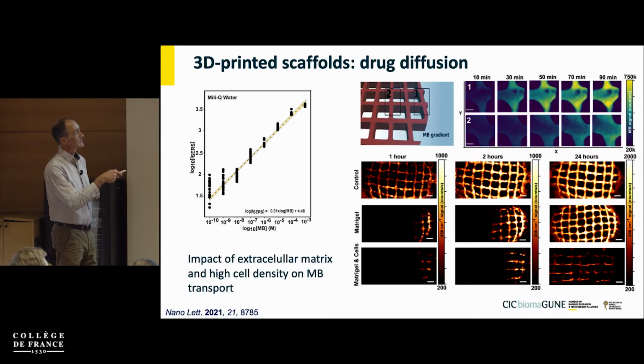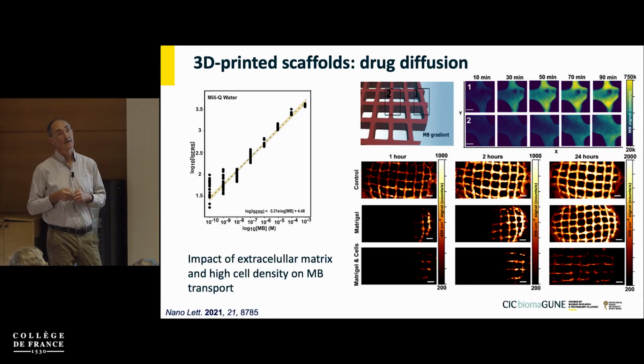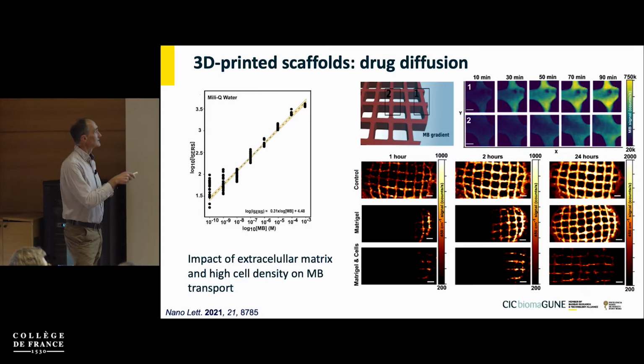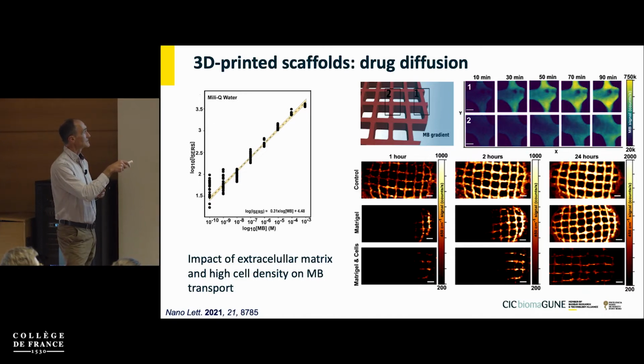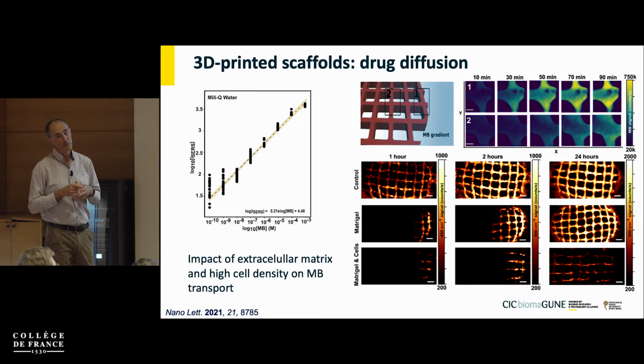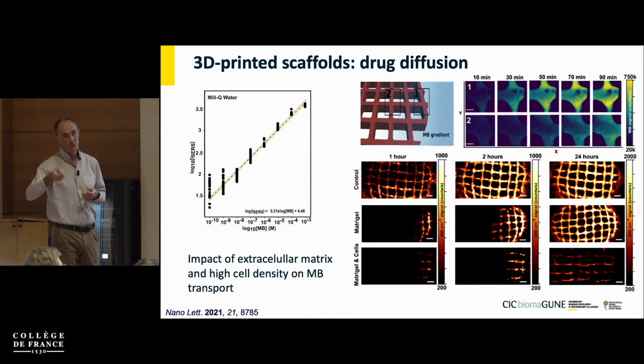So actually this serves us also to identify which would be the appropriate concentration of methylene blue so that you can monitor the process within a reasonable time. And so after adjusting this concentration, we do this control, meaning that we have only water wetting the scaffold, and then we inject the methylene blue,